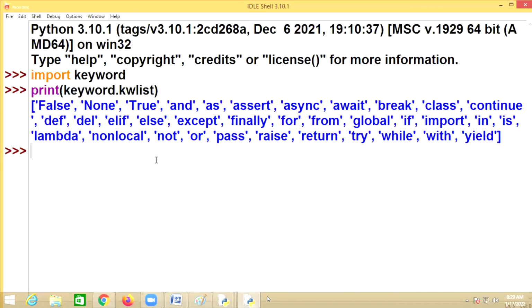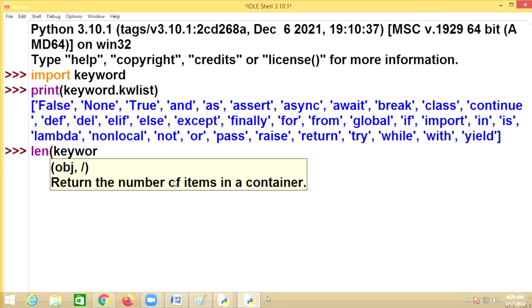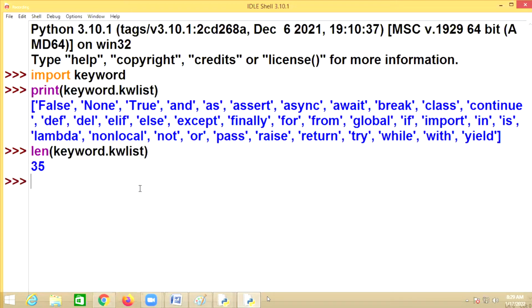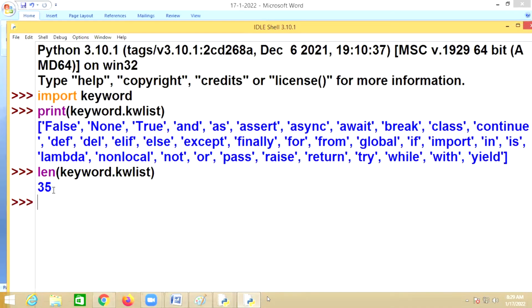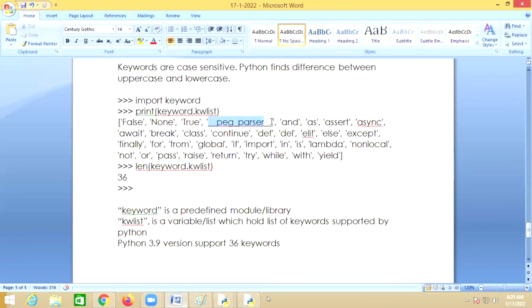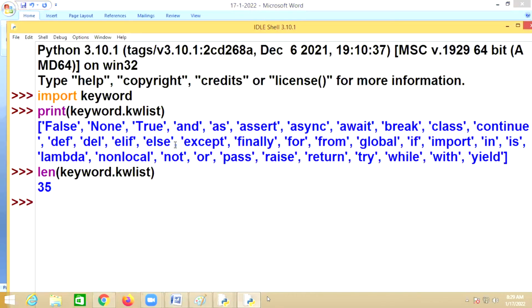Now this is the keyword list, and if I want to find the length, len of keyword dot kwlist. How many keywords are there in 3.10? 35 keywords. One keyword is deleted. What is that keyword that is deleted? It is the page parser. This page parser is not there in Python 3.10.